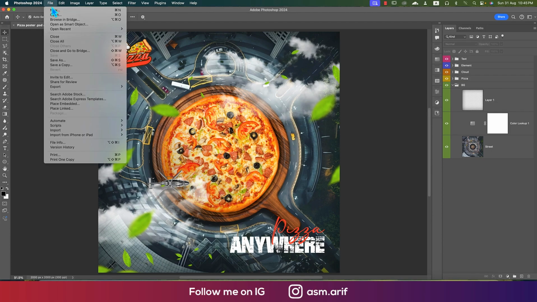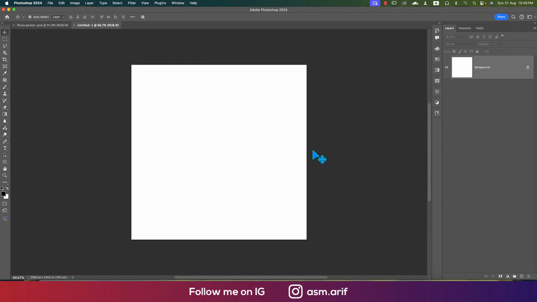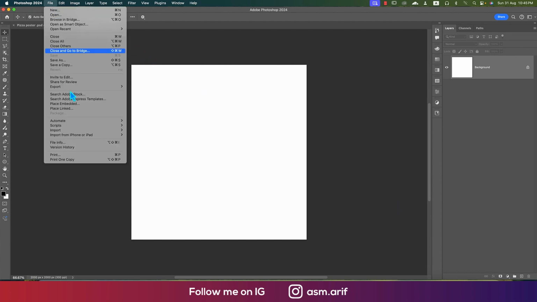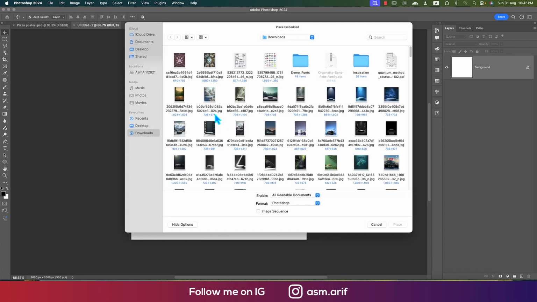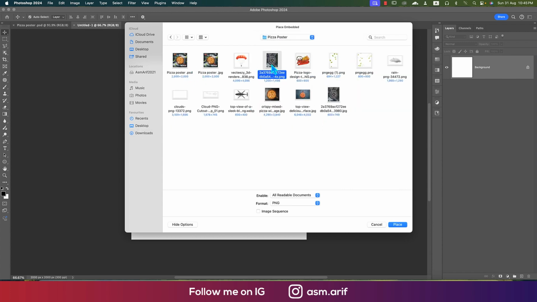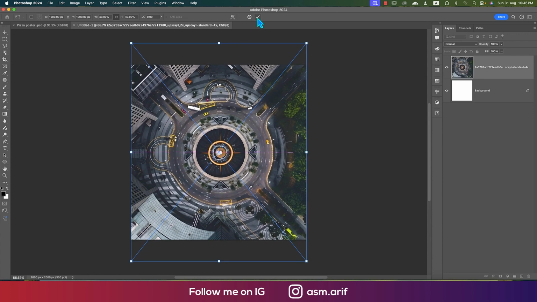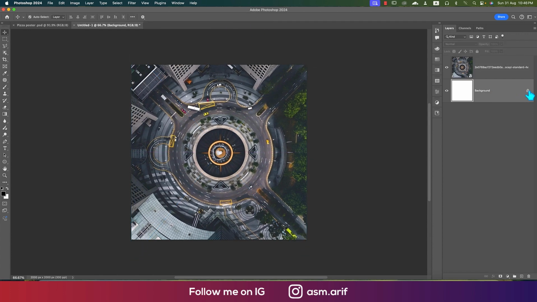At first, going to the File menu and taking a new artboard, which is 2000 pixels and 300 pixels per inch, and hit the Create button. And after that, going to File and the Place Embedded option. So I have a stock image which is like this, and make this one bigger and hit the tick button. So deleting the background, providing the name